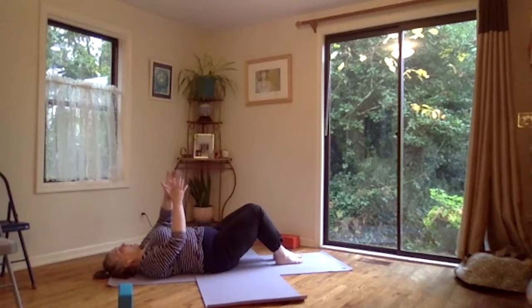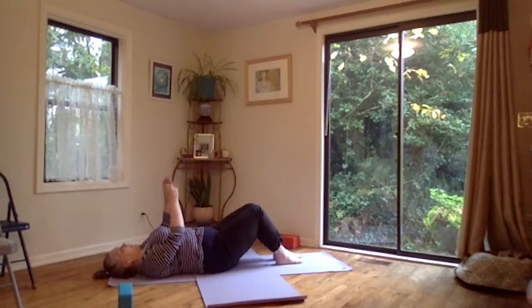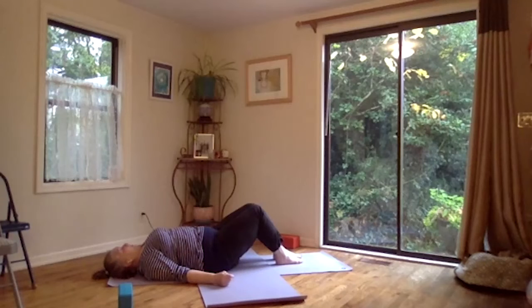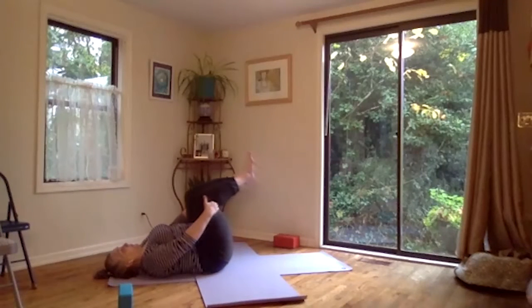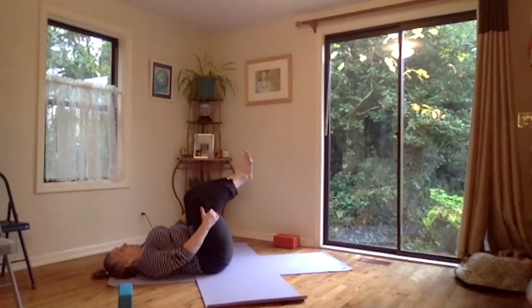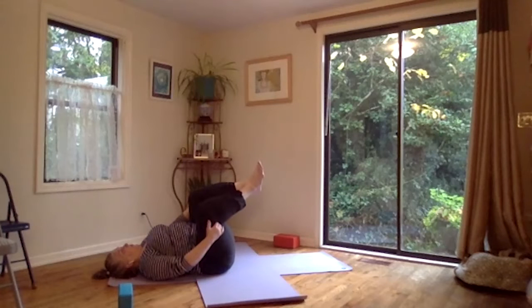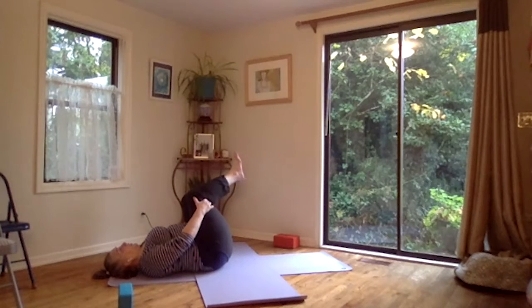And then we're going to take the knees halfway toward the floor and back to center, halfway to the other side and back to center, or maybe even just 6 inches, or maybe even just 1. We're going to keep the pelvis stable. Breathe in, anchor into the sacrum, draw both knees up, and take it to the right. And back to center. So we are rocking on the pelvis, right and left, but we come back to center